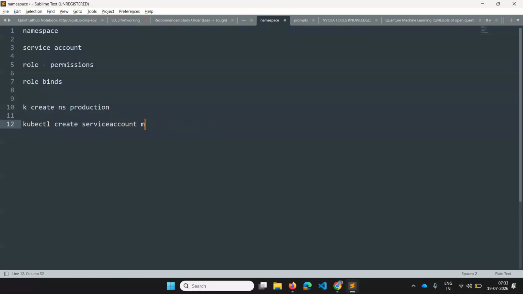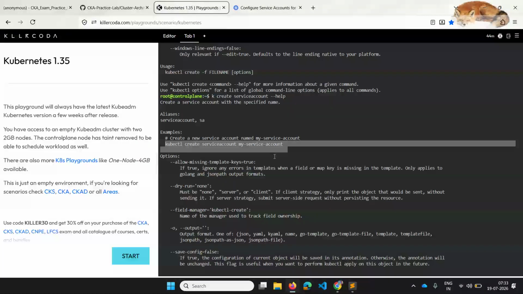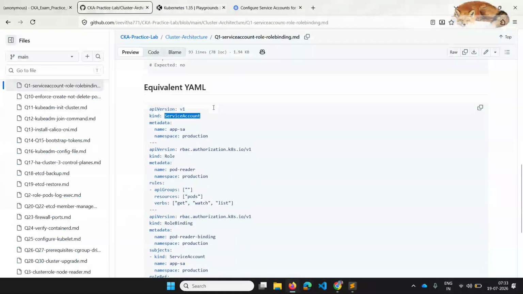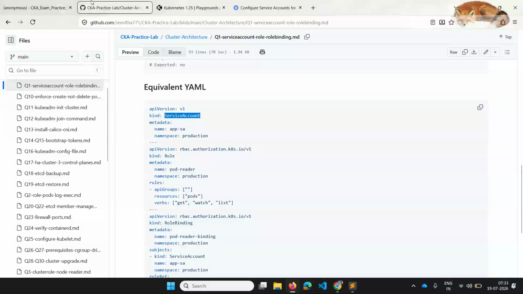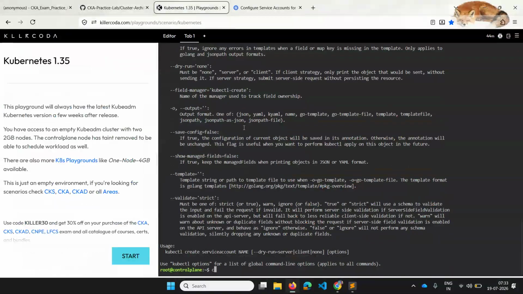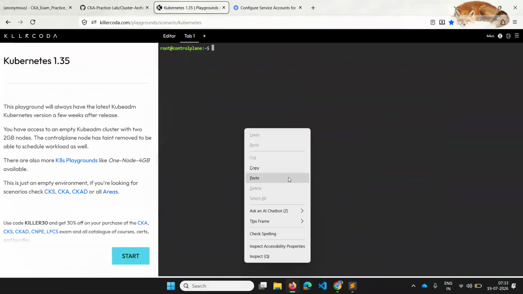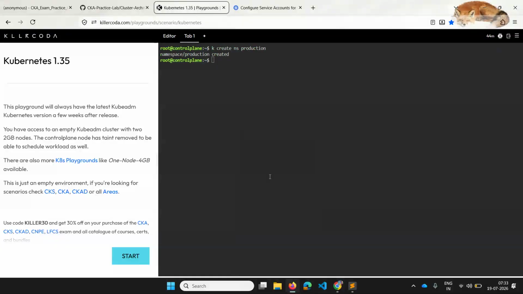So I'll just put it here, hyphen n production. And then, yeah, let's create the service account first. For that I'll clear the screen and create a production namespace.